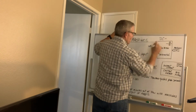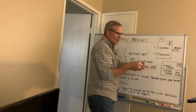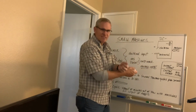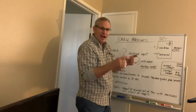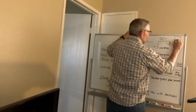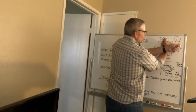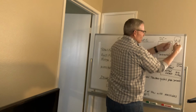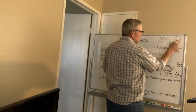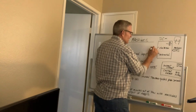If I was to switch the leads at the machine, it's very, very easy to do. At the machine, you're going to have a positive terminal and a negative terminal, and you're going to have leads coming off. So I can just switch these very easily. So if I switch these leads at the machine and make it DC minus, now the electrode is